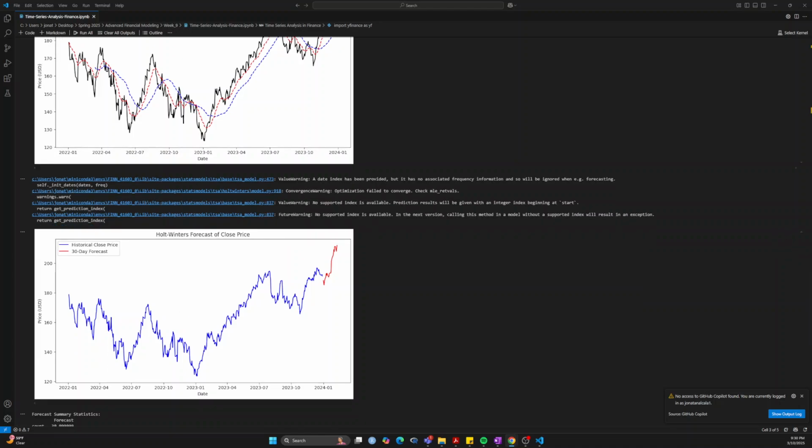In summary, this script demonstrates a complete workflow for time series analysis in finance, from gathering and cleaning stock data to decomposing the series, generating technical analysis, forecasting future prices using the Holt-Winters method, and finally evaluating the forecast. This end-to-end approach is powerful for anyone looking to gain insights into financial data trends